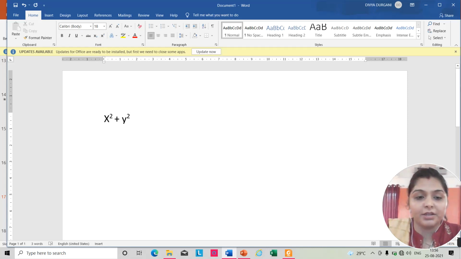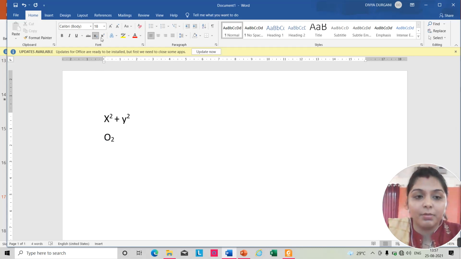Next, if I want to write the names of the gases, that is O2, the 2 will be written with the help of subscript. Again I will click on subscript, then I will write 2 over here like this. It will be written below the line of the text.